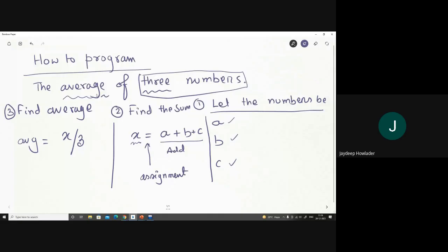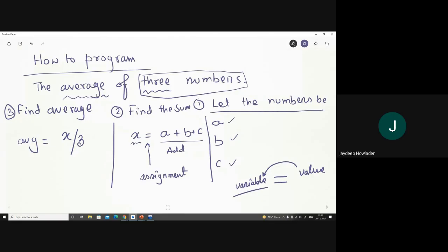Okay. So the thing is that when we have an assignment, that means there is a value which has to be assigned to a variable. Okay. So the right hand side is the result of a computation.